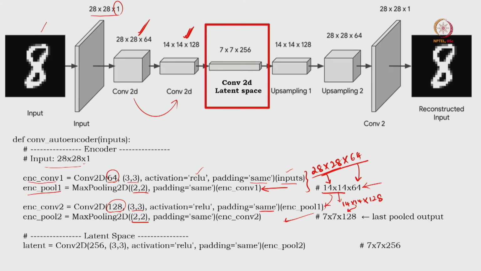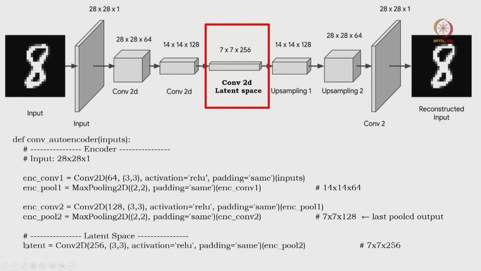Now that is again passed to a convolution, because what is the latent space? The output of the last convolutional layer. So this is passed as an input to this. In this convolution we are using 256 filters, padding the same. So the input is 7 cross 7, but instead of 128 you have 256. That is what this is, right? And this entire thing is a convolution operation. So you have defined this under a function